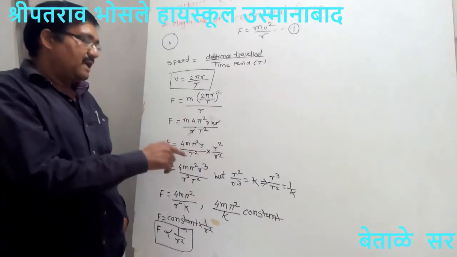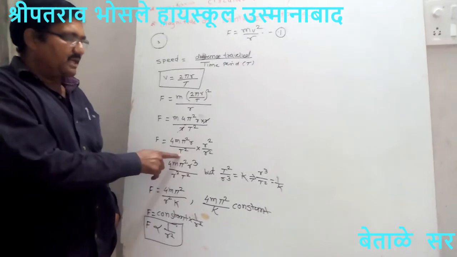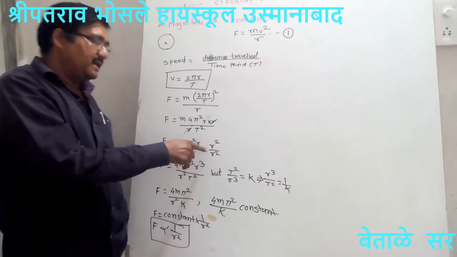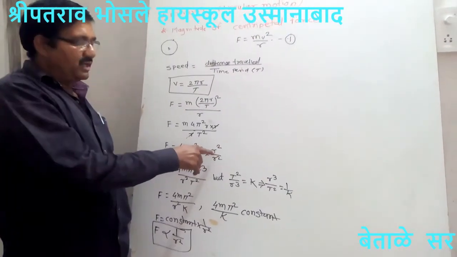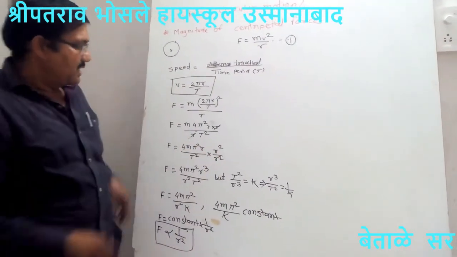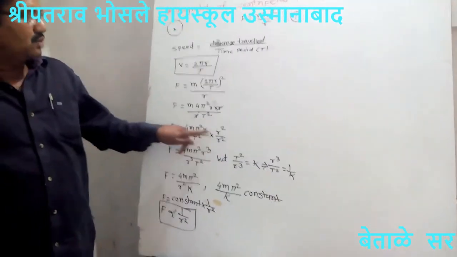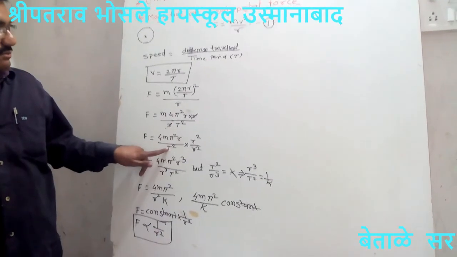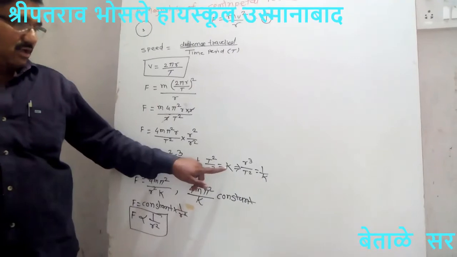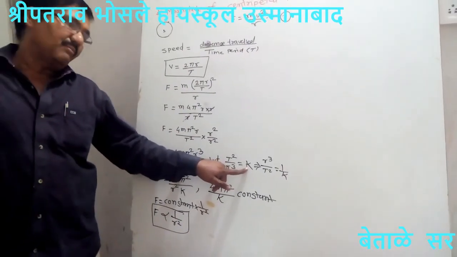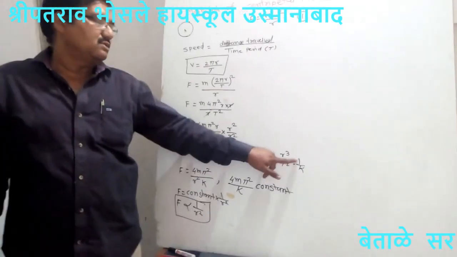काय पाहिजे तर या ठिकाणी r च्या ऐवजी काय पाहिजे, r क्यूब, कारण इथं छेदस्थानी काय आहे, t स्क्वेअर आहे. आपल्याला इथं r क्यूब करण्यासाठी आपण काय केलंय, या ठिकाणी अंशाने छेदाला काय केलंय, r स्क्वेअरने या ठिकाणी गुणलेला आहे, r² upon r², and therefore we get 4 into m into π² into r³ upon t² into r², but we know that t² upon r³ is equal to constant by the Kepler's law, and from this we get r³ upon t² is equal to 1 upon k